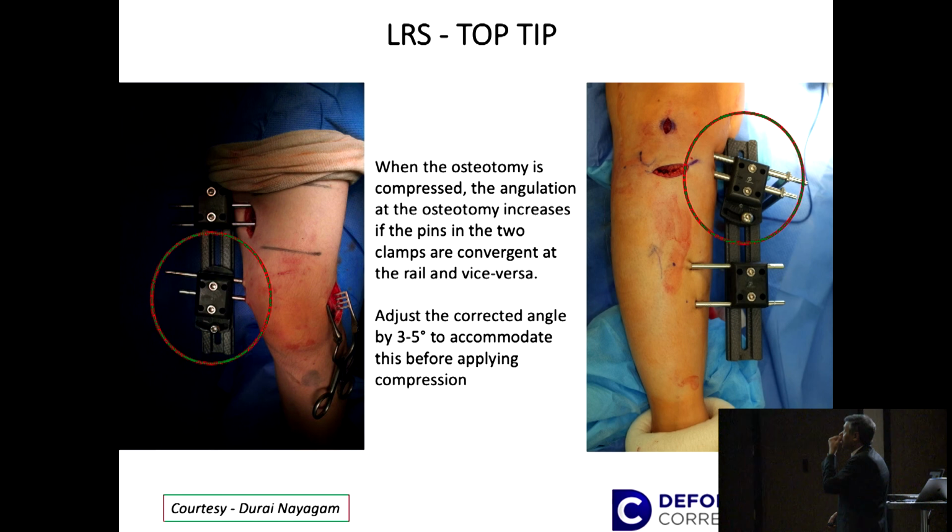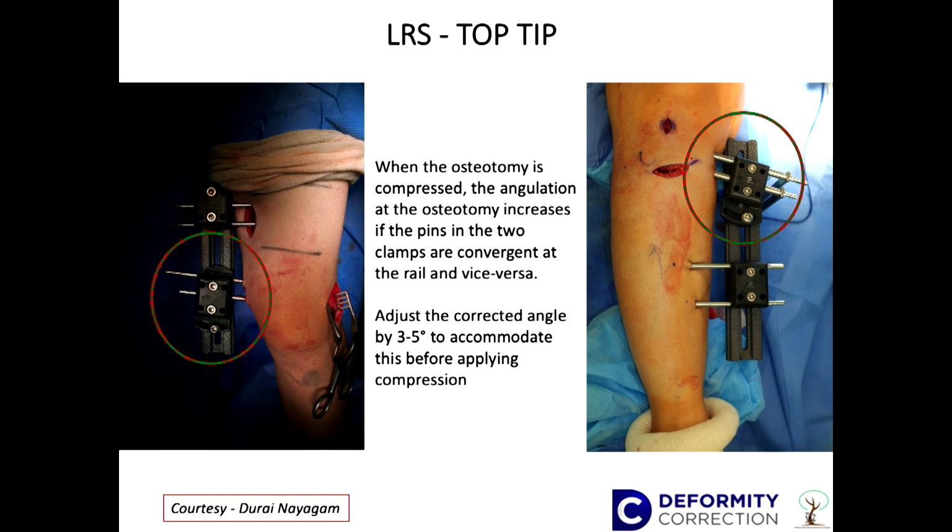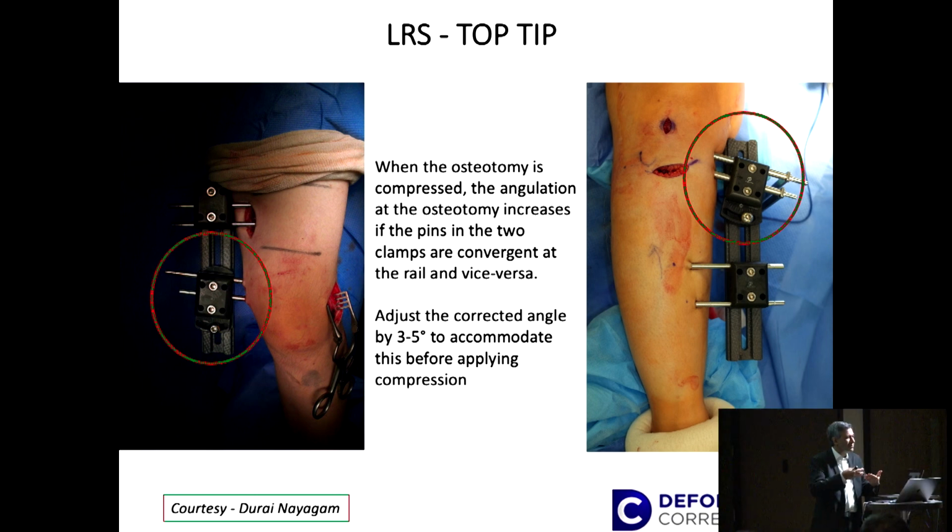And this is, again, important: when you compress the osteotomy, there's a risk of losing the correction, especially when the pins are convergent. So you need to be careful about it and check it. Otherwise, you do a slight overcorrection, so when you compress it, it comes to neutral where you want it. So to